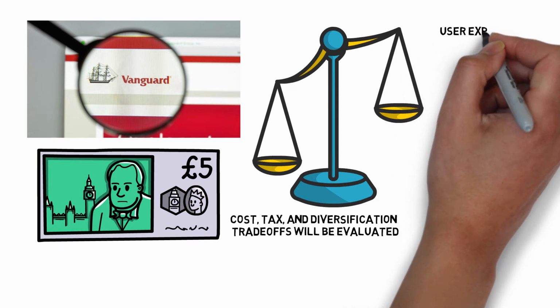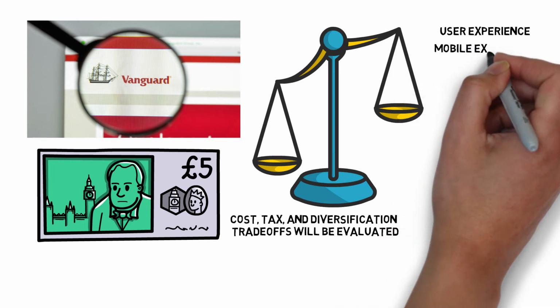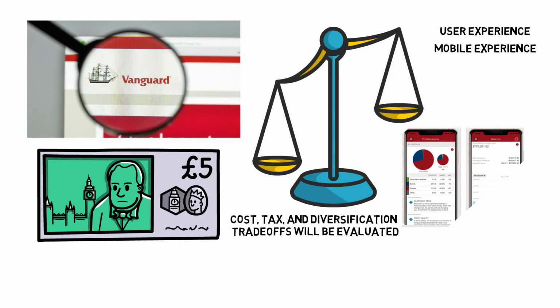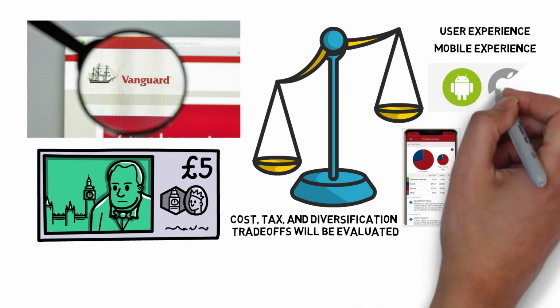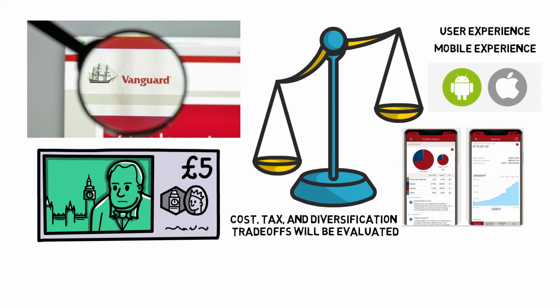User experience. There are two types of users, one mobile and second desktop. Let's learn about both of them now. Mobile experience. The website is mobile ready and easy to read. Vanguard provides the same full-featured iOS and Android apps for all types of accounts, along with iPad and Kindle versions. Apps add a security layer through two-factor authentication, while retaining nearly all account functions that are accessible through the web